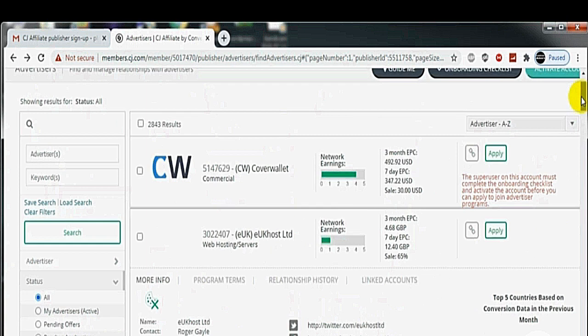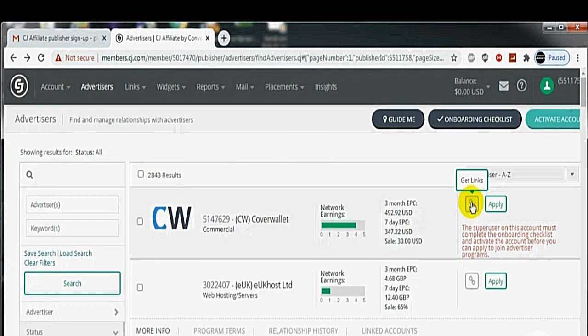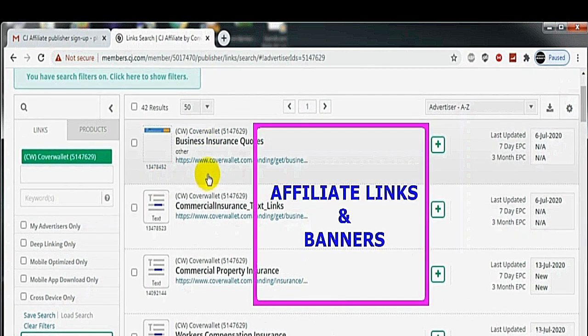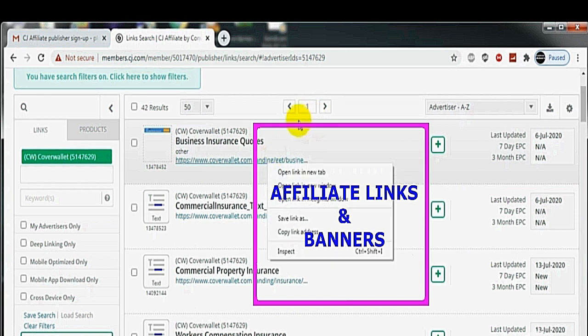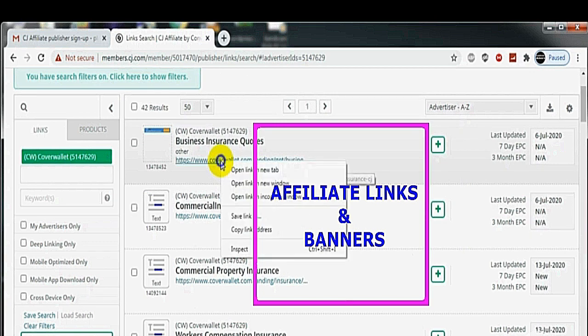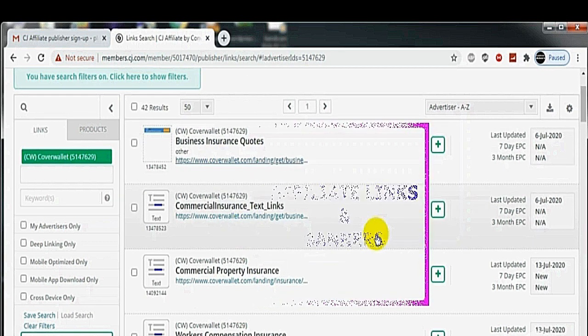After this, if they have accepted your request, then you can find the ad or link using this button. Just click this button and you will get all the links and banners that you can display on your website or blog, or you can simply share the links with your friends using WhatsApp, Facebook, YouTube or any other platform, or you can email the banners and links to your contacts. You will have to just copy this link from here and you can share it with anyone.